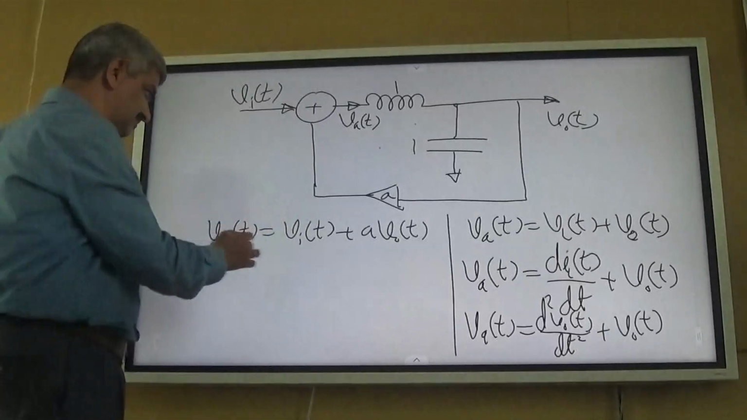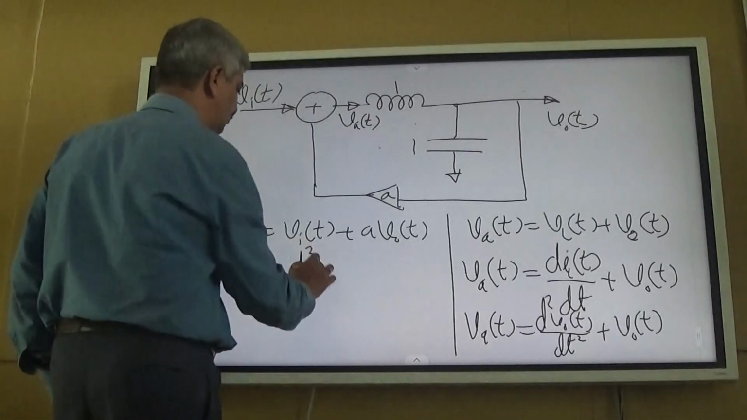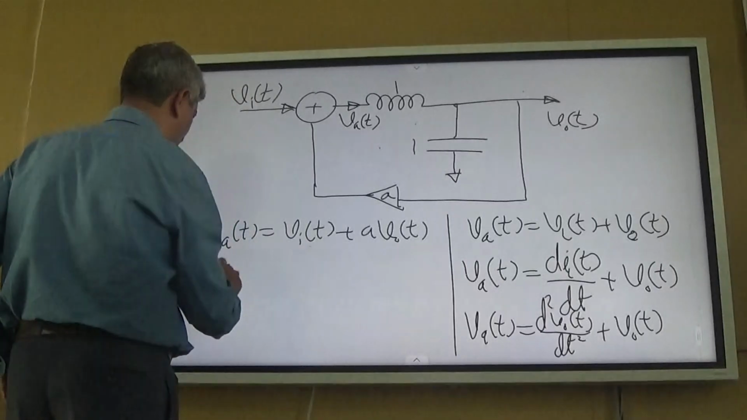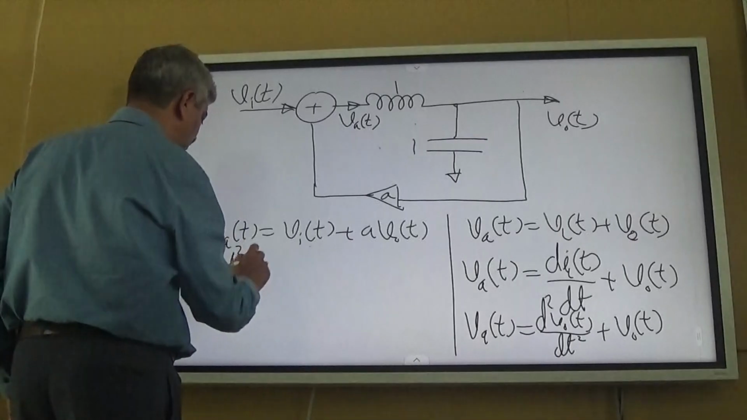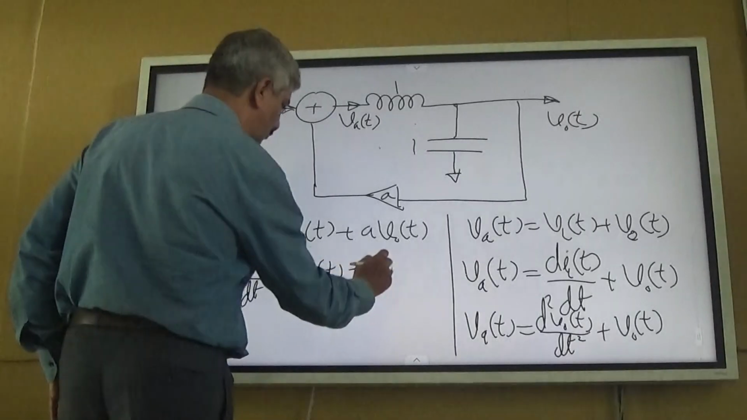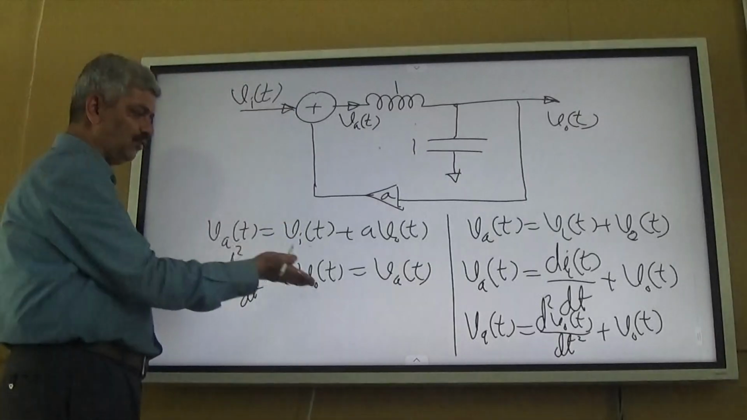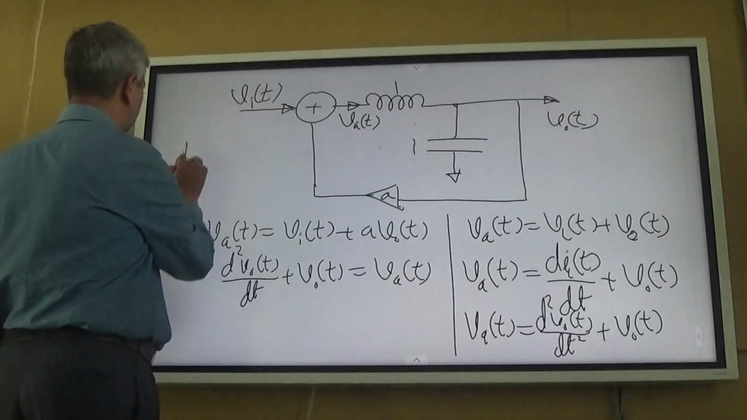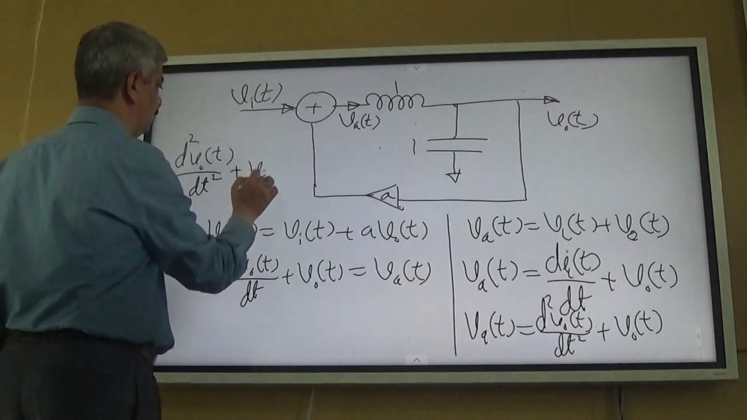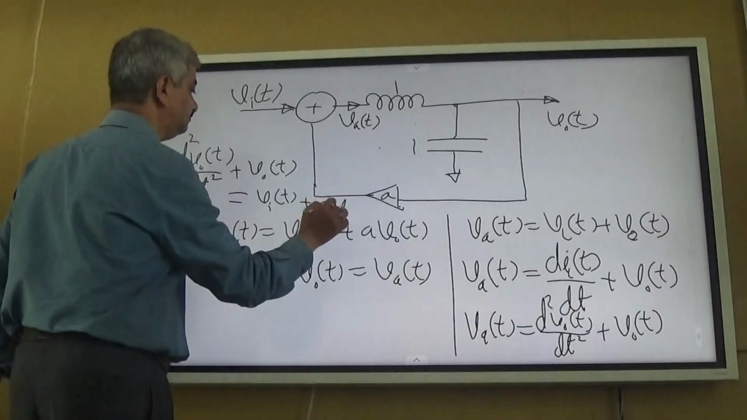VAT is equal to, so the expression I have got: VAT is equal to d2 VOT upon dt square, or while writing we write it the reverse way. Anyway, that is not so important. d2 VOT upon dt square plus VOT is equal to VAT, right? In this equation, this term I don't want, so I already have this. So directly, what is the answer? d2 VOT upon dt square plus VOT is equal to V in T plus A